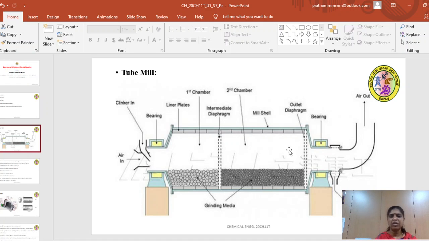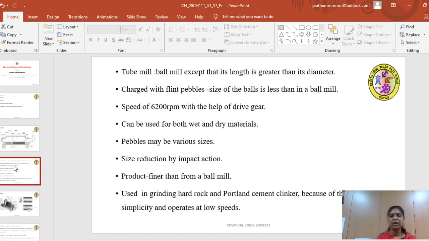Usually it is similar to the ball mill in operation, but it is a bit longer in size. The length is greater than the diameter, and the length is somewhat larger compared to the ball mill. The grinding media here is not balls; we use flint pebbles. The diameter of the pebbles is usually less than that of the balls in the ball mill. The speed of operation is